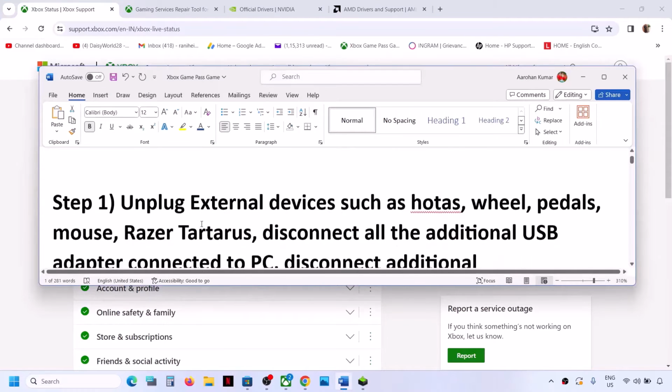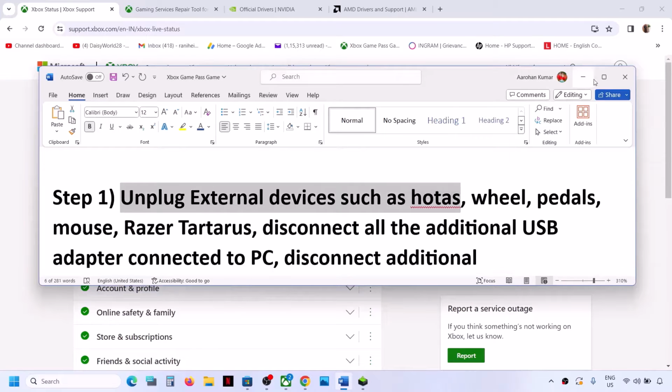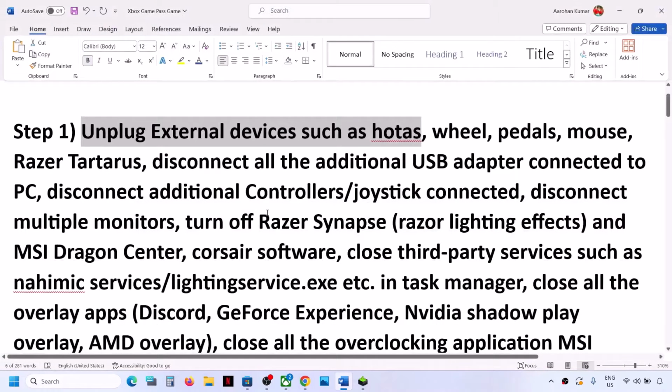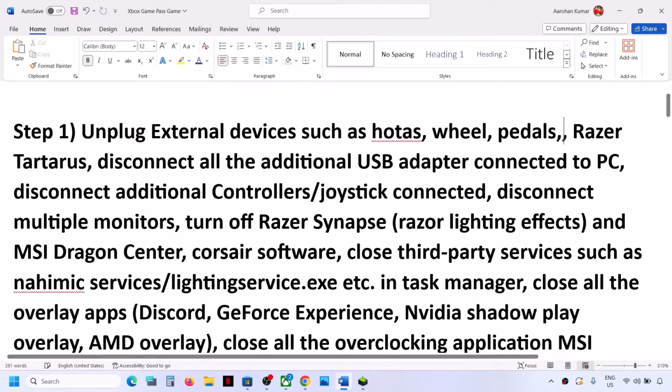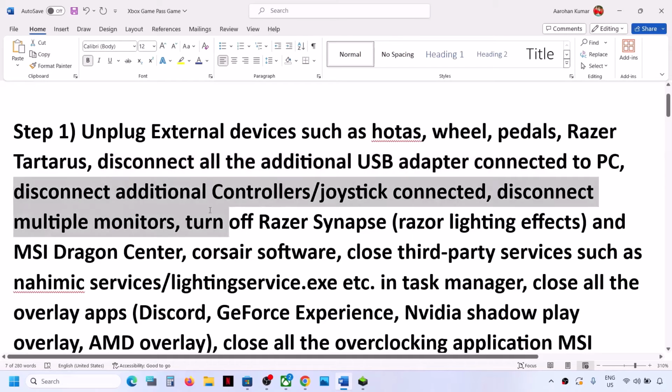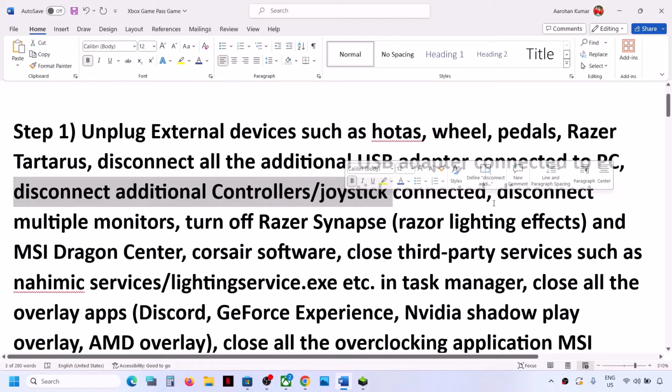Now the next step is to unplug external devices. If you have any external devices which you're not using, disconnect all the external devices like HOTAS, wheel, pedal. You can just remove the mouse from here, but you can always connect your mouse once again. Now if you have any additional USB adapter connected to the computer, sometimes you have a dongle connected, you can disconnect it. Also if you have any additional controller connected to the computer, sometimes we have 2-3 controllers connected, so disconnect the additional controllers connected to the computer